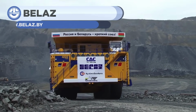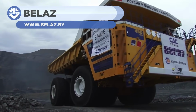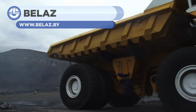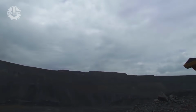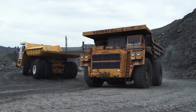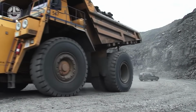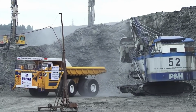Belaz has made a remarkable mining dump truck with a payload capacity of 450 metric tons. These are designed for transportation of rocks in severe mining conditions, of deep open pit mines, at open cast mining of mineral deposits on technological haul roads under various climatic operating conditions, especially at ambient and extreme temperatures of -50